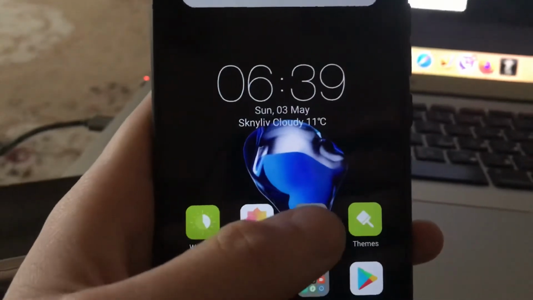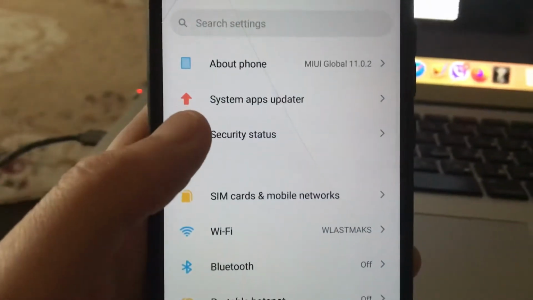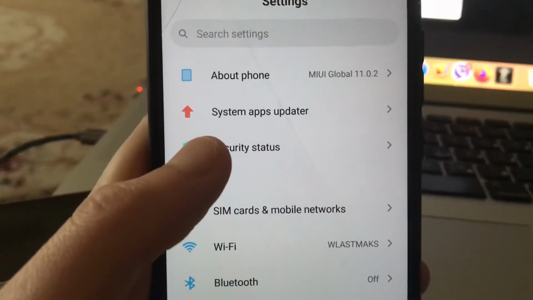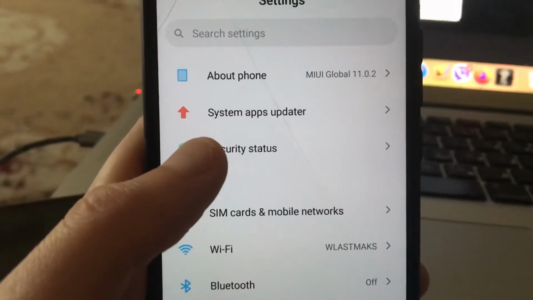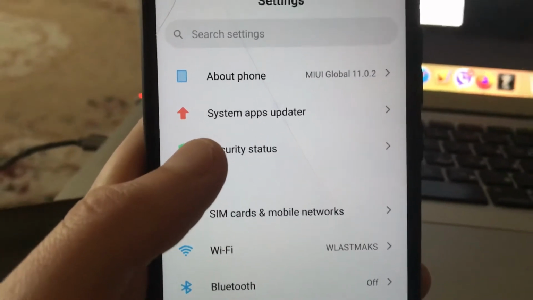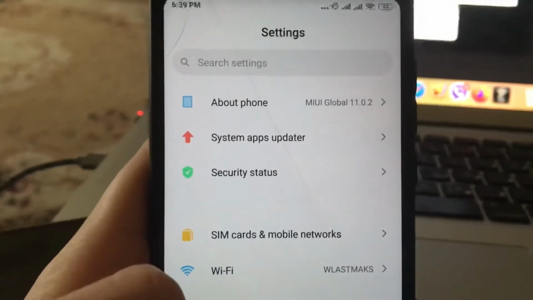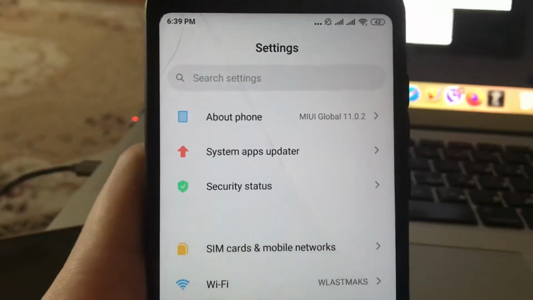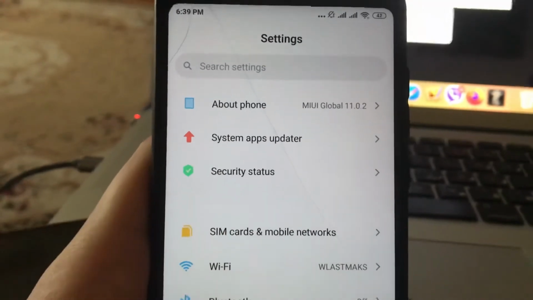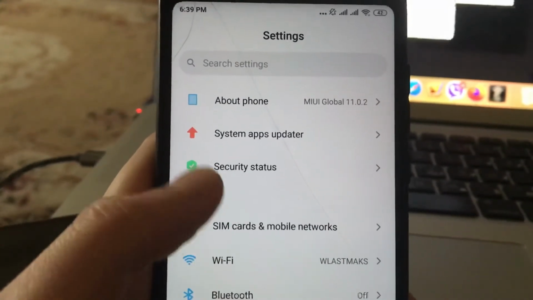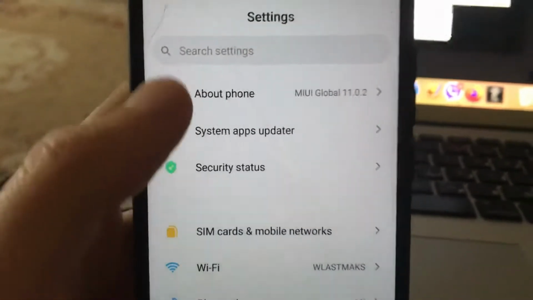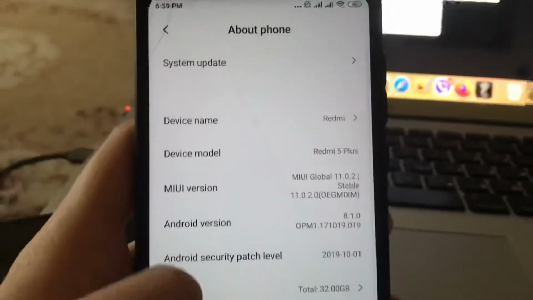So for doing this you just need to go to settings. In what situations do you need to choose it? If you sell your phone and you want to delete all info from your mobile phone. So you just reset your phone to factory data, and so just choose here about phone, and in about phone you choose